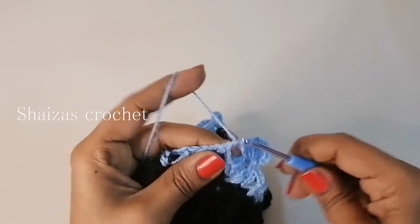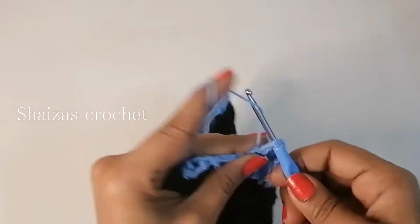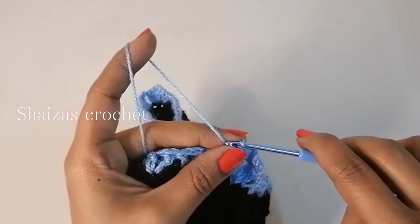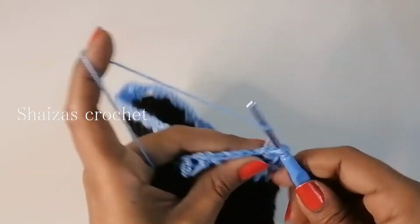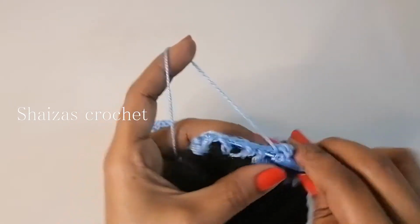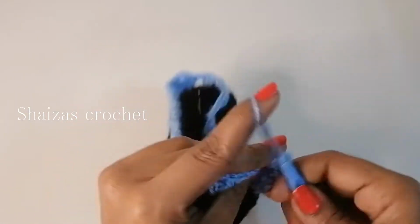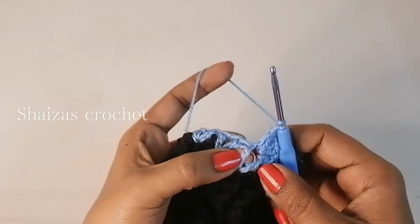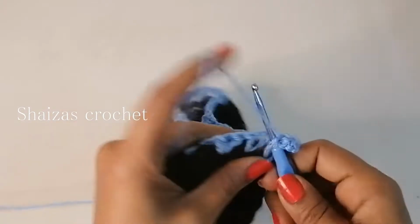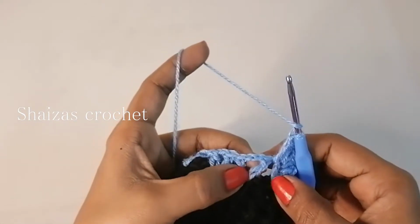front post double crochet, yarn over, inside this again we'll make 1 double crochet, 2 double crochet, 2 double crochet, chain 2, yarn over, again inside we'll make 2 double crochet, 1, 2, and then yarn over, into the next double crochet we are going to make a front post double crochet, again yarn over, here we have the next